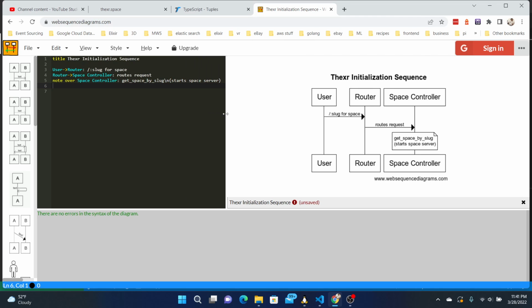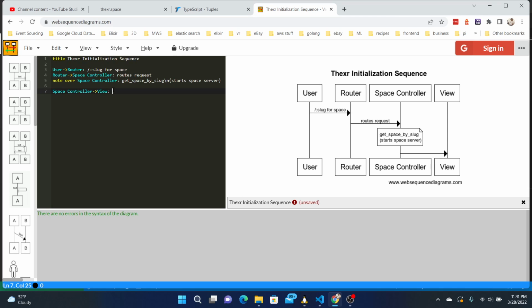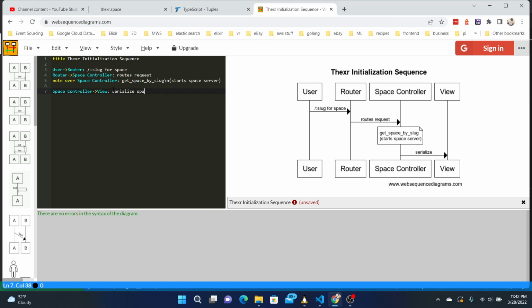And then we load the view, right? So the controller is going to load a view, with the template. So, okay, space controller to view. It's going to serialize space and, okay, so note over view is